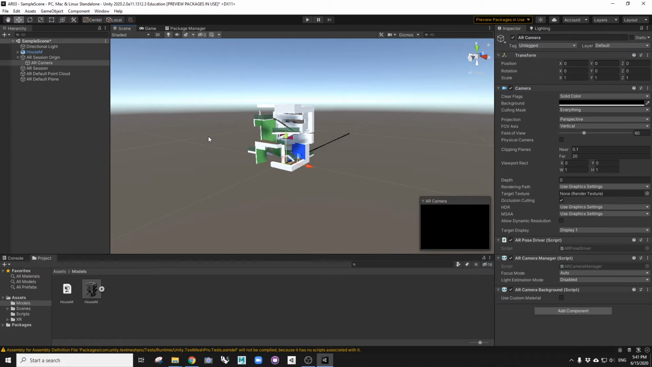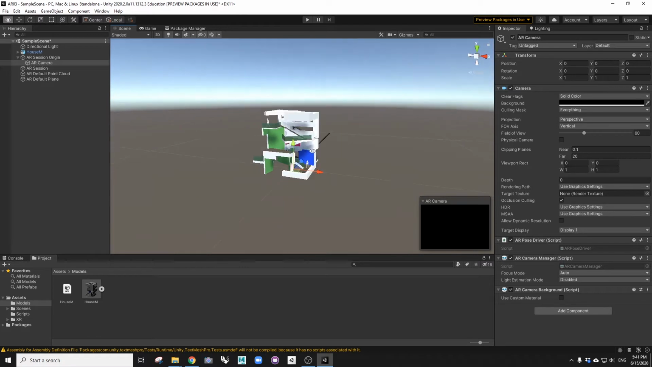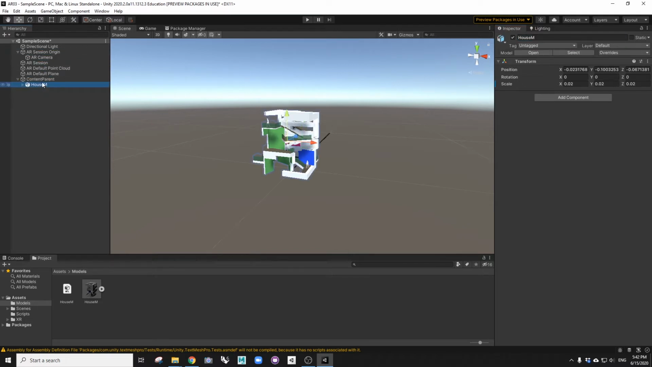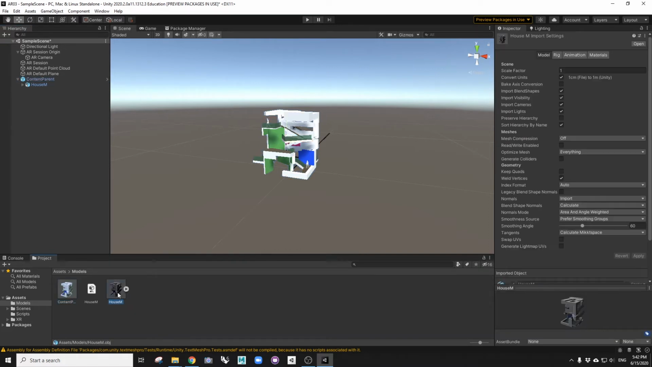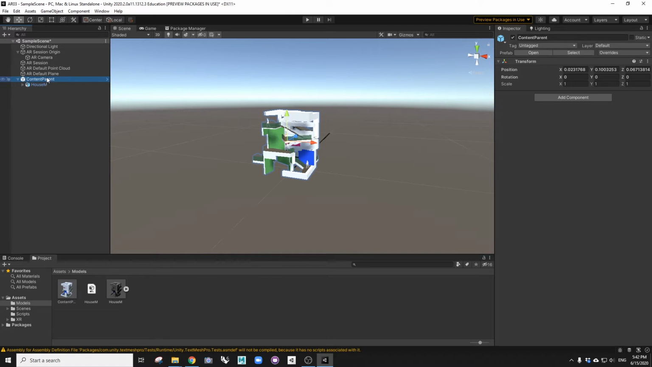So this is going to be my prefab, but in the future you can have more geometries in one prefab. So I want to create a parent. I'm going to call this content parent and put this house underneath it, and I will make this one into a prefab. So this house is going to be kept in original scale, and this is going to be copied in the future whenever you tap or whatever you want to do with the AR scene. Alright, so I can delete this